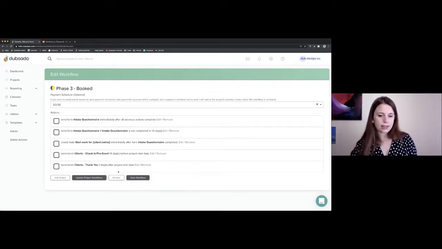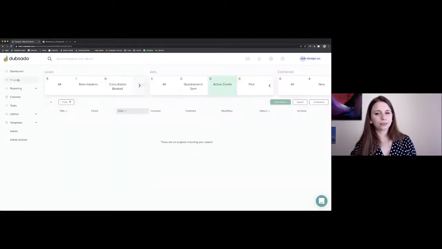And then we have those last emails triggered around our imaginary project date. So we now have the peace of mind that the workflow with these actions and these triggers is not even near the project until the client has signed and paid their deposit. So now you can be confident that your client is not going to receive anything if they didn't become your client. So just to kind of round this out,